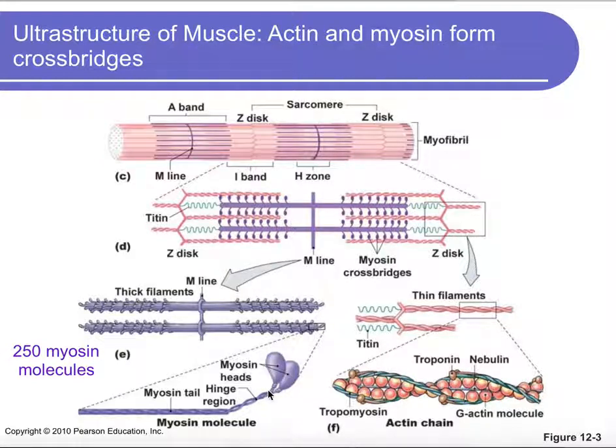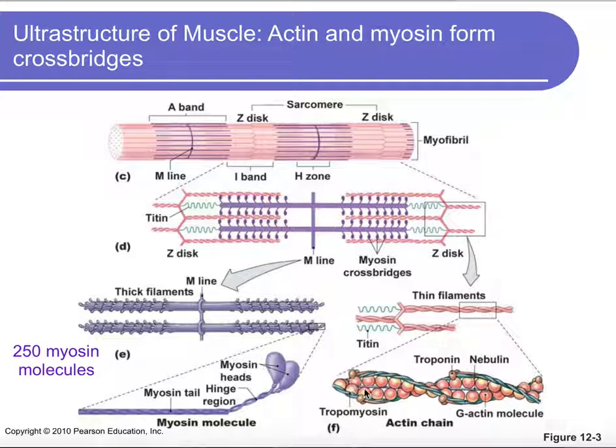So the hinge does what the name says. It hinges. And the myosin head is really important. This is where ATP is going to bind, and this myosin head is what's going to bind to our thin filament. So our thin filament over here is made up of several proteins. We have